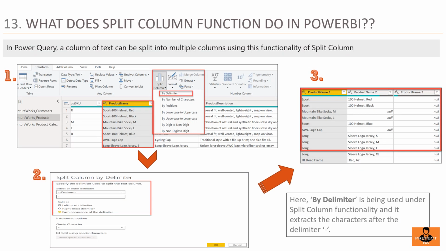Question number 13. What does split column function do in Power BI? In Power Query, a column of text can be split into multiple columns using this functionality of split column. Let us take an example. Step 1. Select the product name column in the table, the basis on which splitting needs to be done. Step 2. Click on split column functionality and then select by delimiter, and once the dialog box opens, select the desired options as per the business requirement,